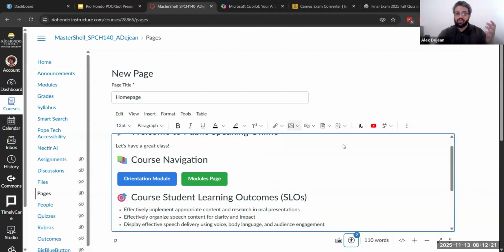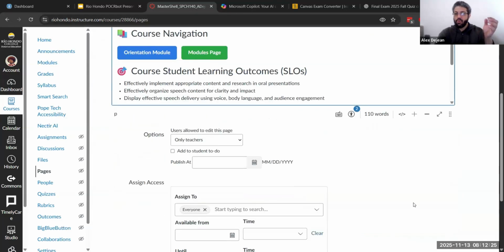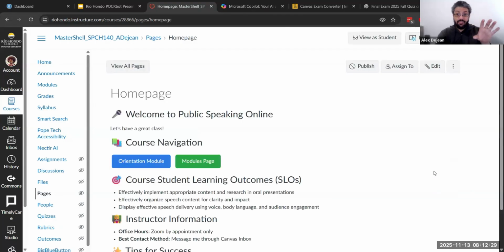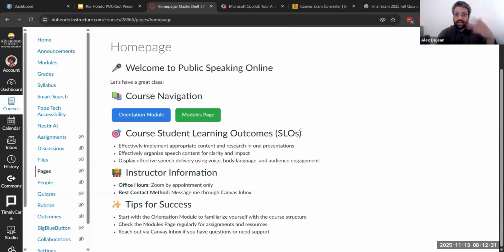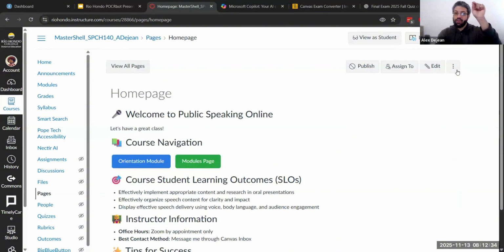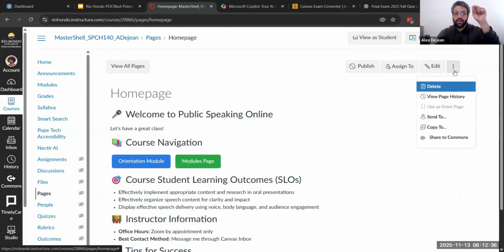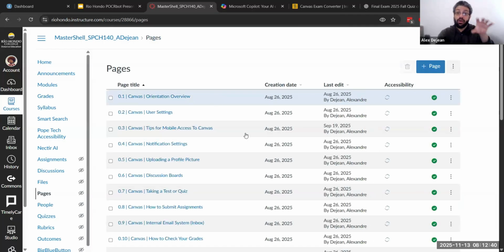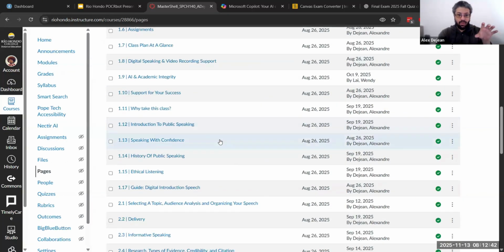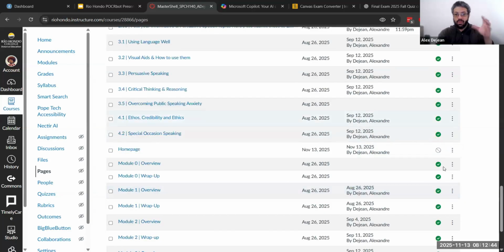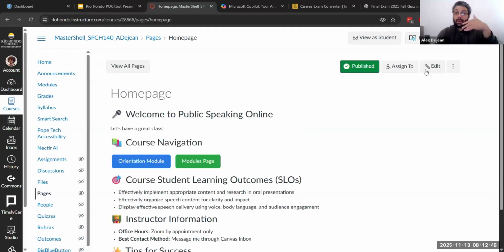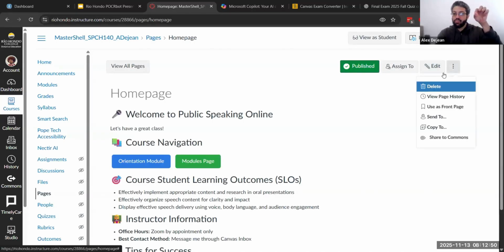So for this home page, I'm going to hit save. Now that I have it saved, I can then go to the 3 dots. Oh wait, let me go back to view all pages. So now, in order for me to mark this as the front page, let me go down. Oh, I have to publish it first. That's why. Okay. So now that I have my published page, I'm going to click on the 3 dots,